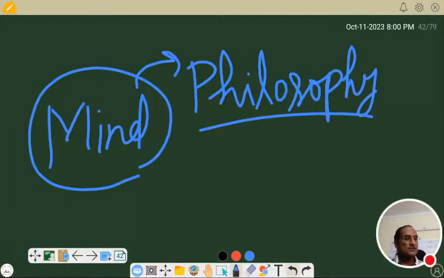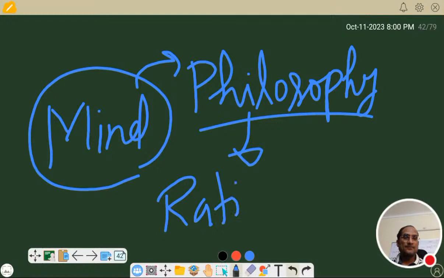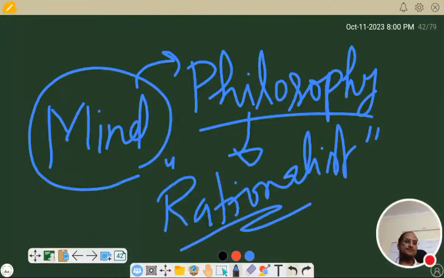But philosophy was reading or studying mind or studying the perspectives of mind, especially free will versus determinism and mind body connection. Majorly in a rationalist approach, the approach based on the reasoning,